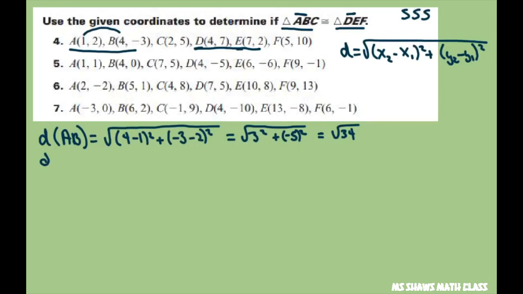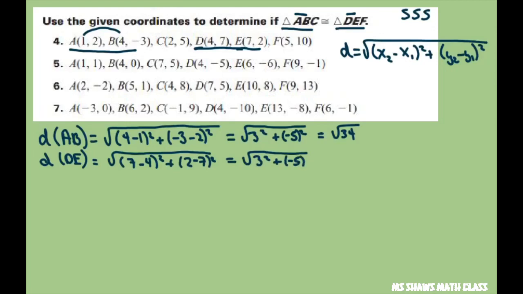So let's try the distance of DE. And what you get for that is 7 minus 4 squared plus 2 minus 7 squared. That's going to give you 3 squared plus negative 5 squared. So you can see these are the same. So that's good. Now we need to check BC with EF. So we're going to do the distance of BC